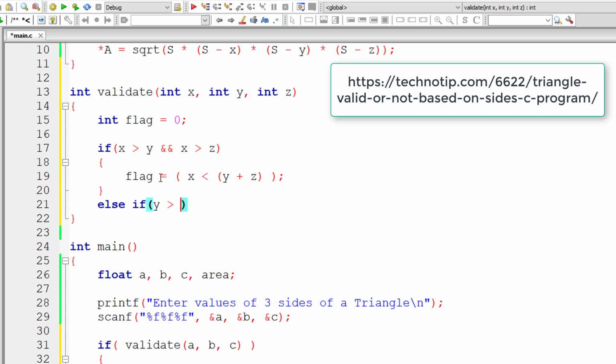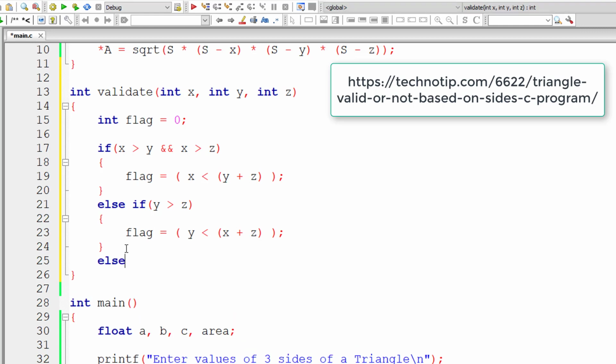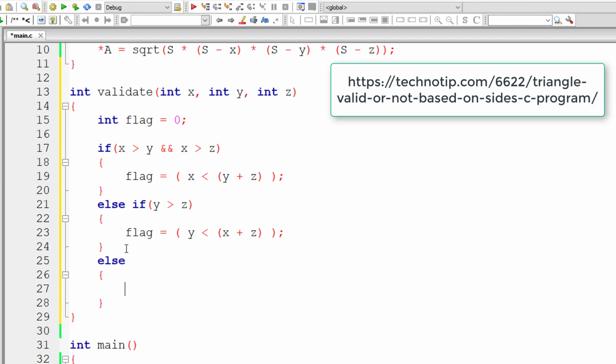Now check if y is greater than z. In that case, flag is equal to, check the condition. If it's true, y should be less than the other two sides, that is x plus z. Okay, now else, if these two conditions present inside if and else if are false, then obviously z is the largest of the three sides.